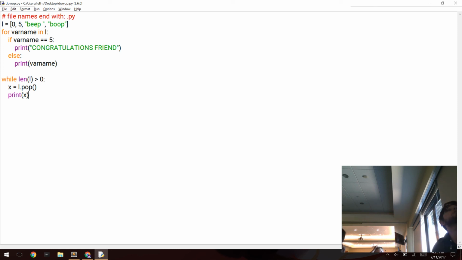So, any ideas of what's going to show up on the screen for that section of code? Wait, didn't you say L pop is like the list and you put numbers? Pop doesn't stand for anything, it's just pop. The L is basically what's in there. So X equals L. What is L? Tell me what L is. The list of those numbers. So, what does pop do? Okay, so what pop does, again, is take the first item in our list, remove it from the list, and in here, it's going to store it